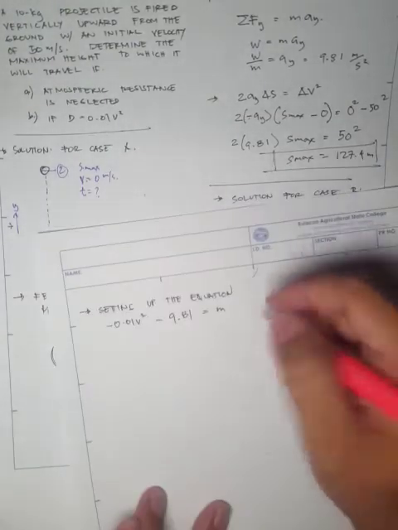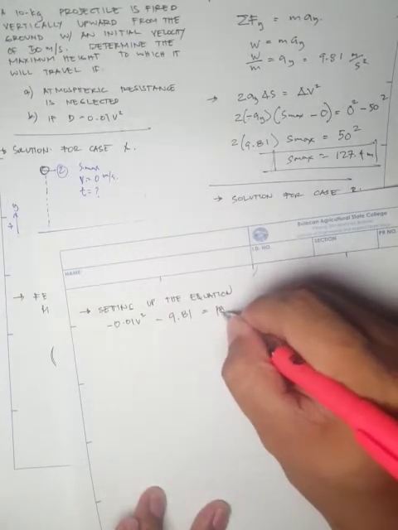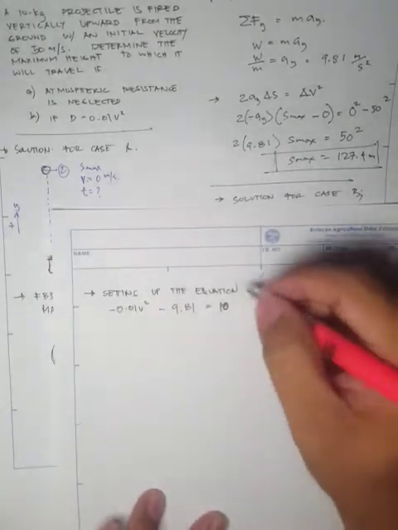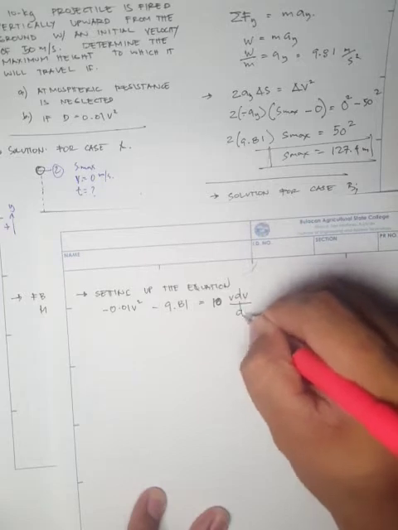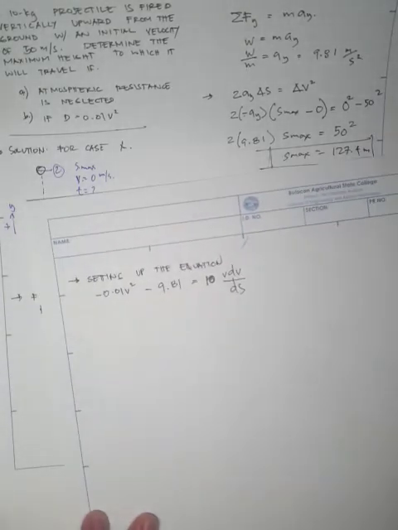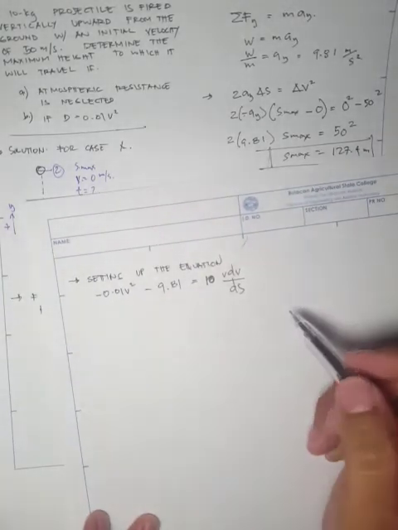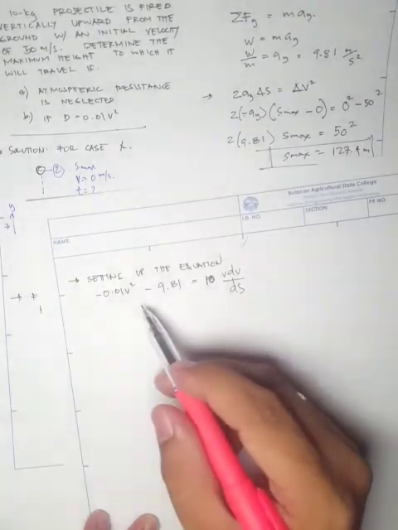It's just actually 10. Right, so let's write 10 times v dv all over ds. Okay, so let's try to figure out what kind of